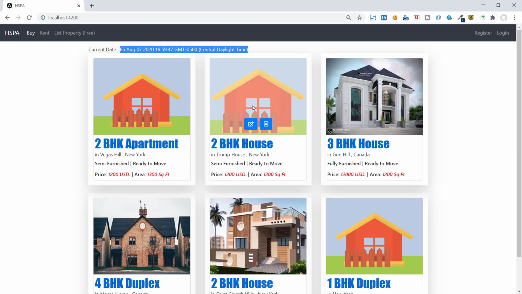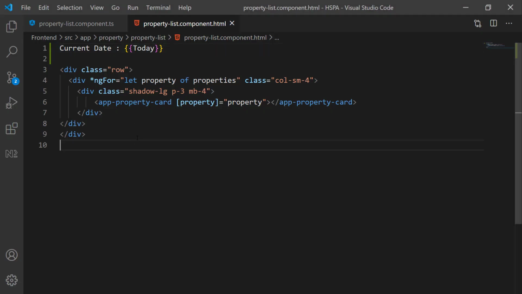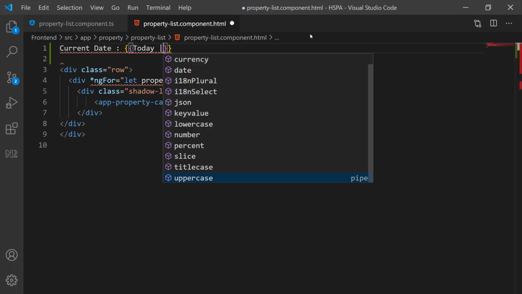Suppose our application is using this variable at many places in this component, but at a specific place we would like it to be displayed in a different format without changing the underlying variable. In this case, pipes are useful and we can transform this date to a different format using the pipe operator here in the template only. We can use this pipe sign here and you will get a list of all the available pipes. If there are any custom pipes you have created, those will also appear here in the list. These are all inbuilt pipes and you can see we have this date pipe. Let's try to use this date pipe to transform our date.